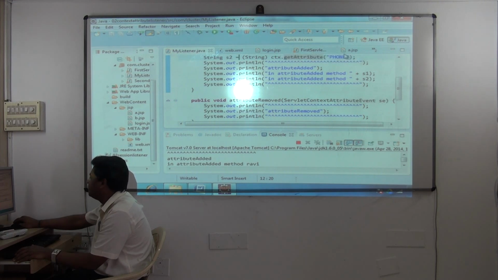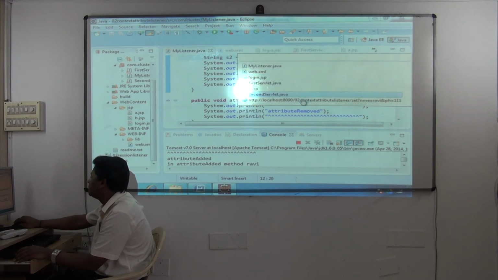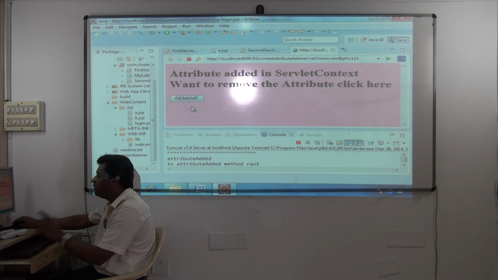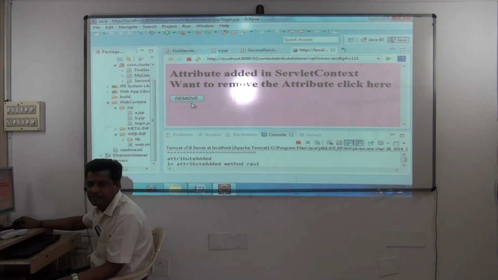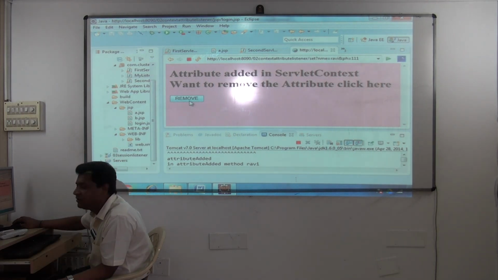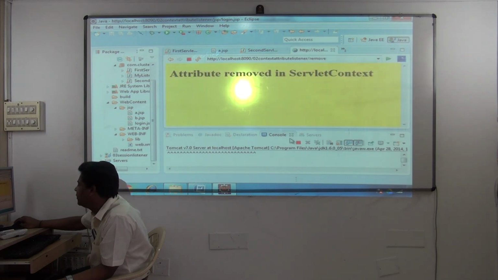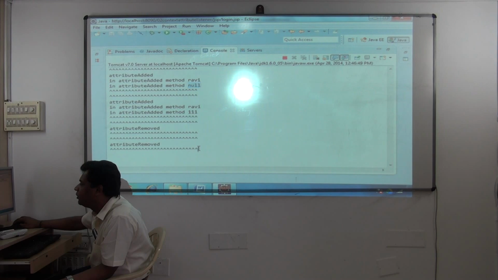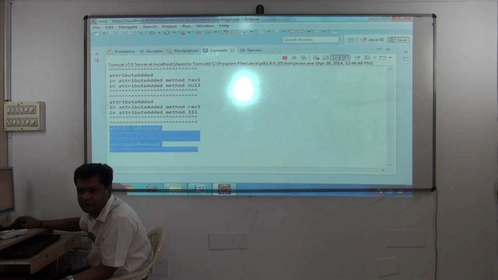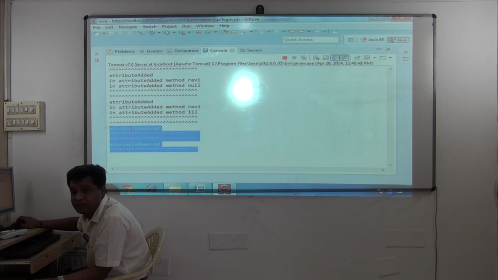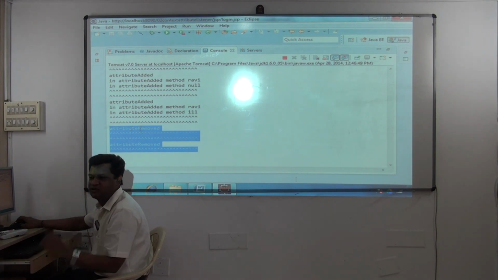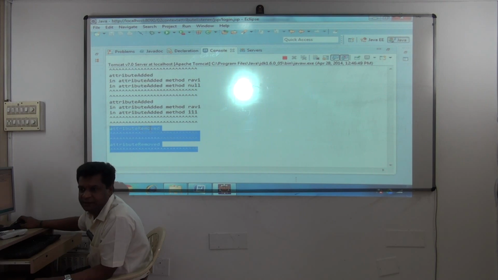So you're in this JSP now. If I click remove, which one will it go to now? Second select. And in second select, what is happening? Remove. See, again the logic got executed. Attribute removed, attribute removed. Two times you removed the attribute now. Logic is getting executed now. Think about the support. Excellent support it is. That event happens, immediately that logic will execute. Understood? So fine.